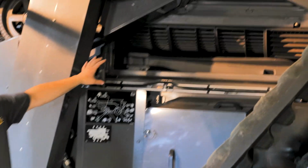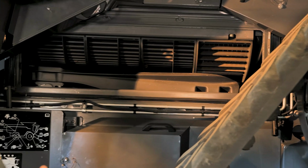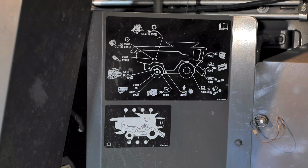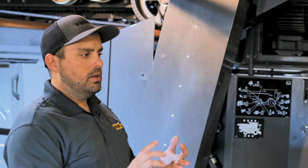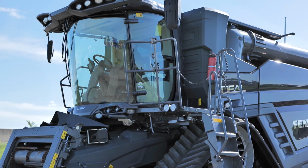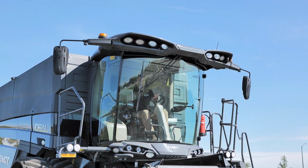Moving back on the combine, we've opened up a few panels here so we can see our rotors. Class 7 machine is going to have one single 24-inch wide, 16-foot long rotor. The 8 and 9 are going to have two of those. There is a hydraulically adjustable concave position that will allow slugs or large obstructions in the crop material to be passed through the combine nice and easy. Moving back on the combine,